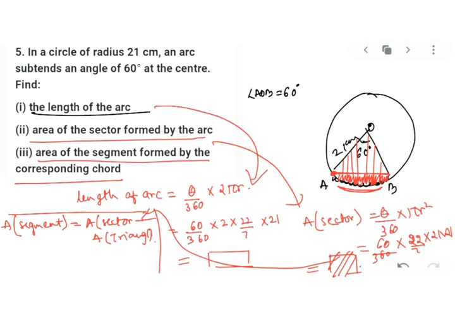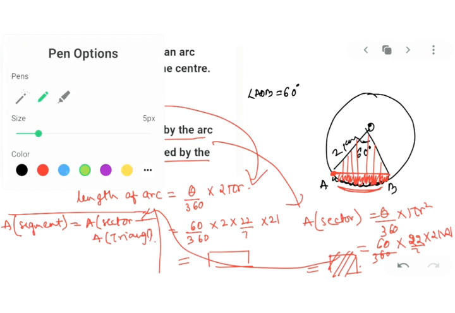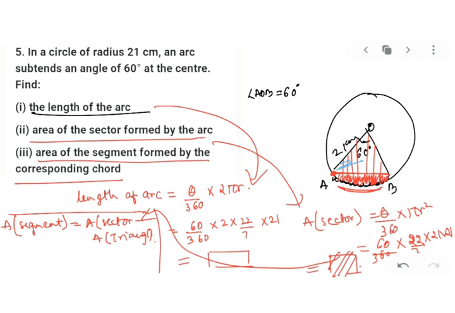What will be area of triangle? I am coloring blue there. Please check. This is the triangle. Its area we have to find, so how will you find? This is 60 degree here in between. My dear kids, this is the radius. Radii are equal. So if you have a triangle like this, this is 60. These both are equal, so this also will be 60, 60. So hence it will become an equilateral triangle.